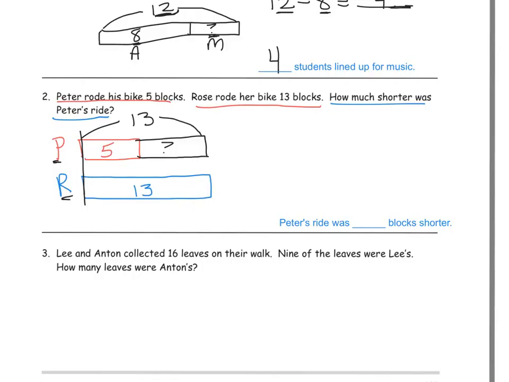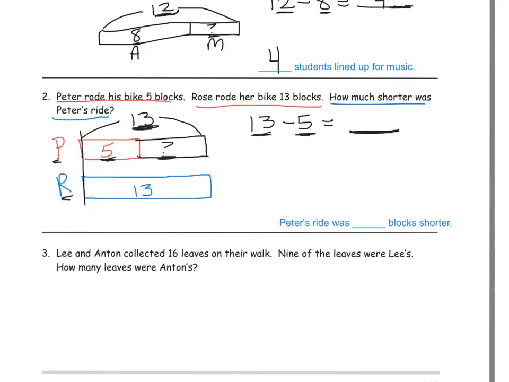So again, when I do this drawing, I see that I have my whole amount, and I have a part, and I'm missing another part. So I can now write my statement. I have the whole, I subtract a part away, the 5, and that's going to give me my other part. So again, the 13 is the whole amount, and that goes here. The part that I know goes there, and now I've got to find my missing part, which is